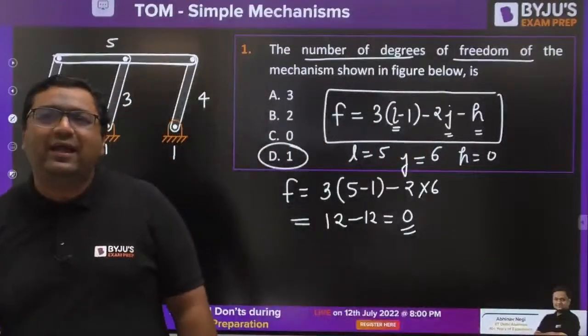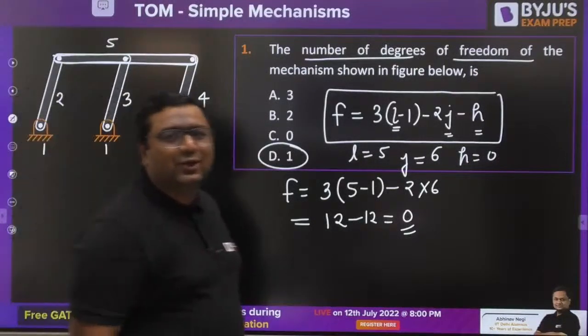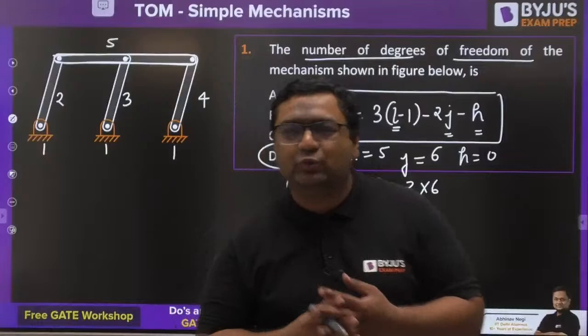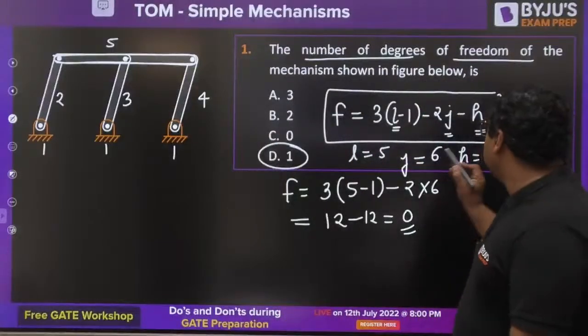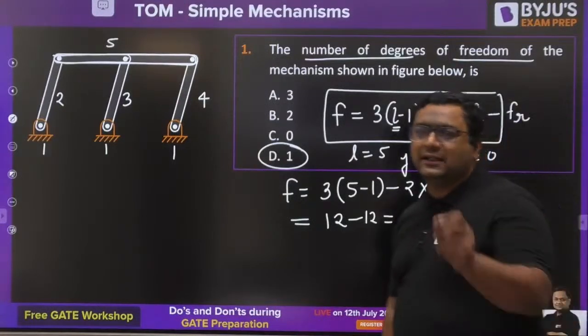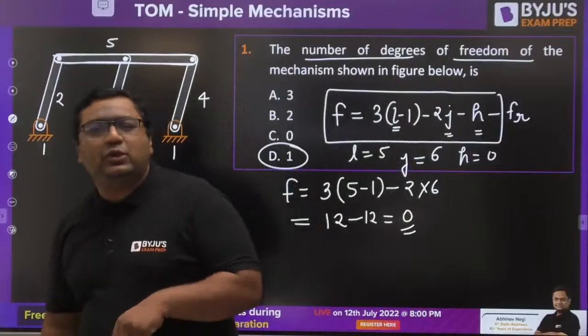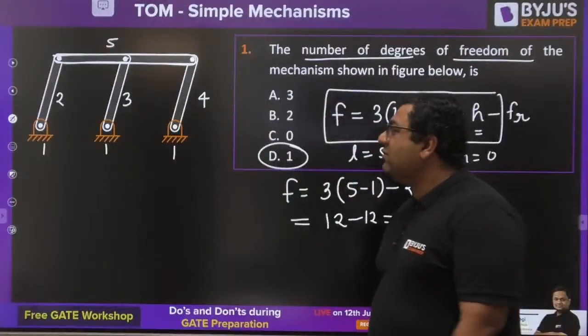It should be D. So dear, I would like to tell you that this is an exception. It is not following the Kurzbach equation and also not following the modified Kurzbach equation, because even if you write minus FR, there is no redundant motion present in this mechanism. So my dear, this is an exception, because whenever we are talking about